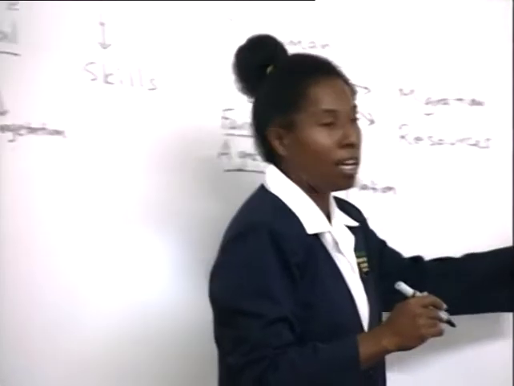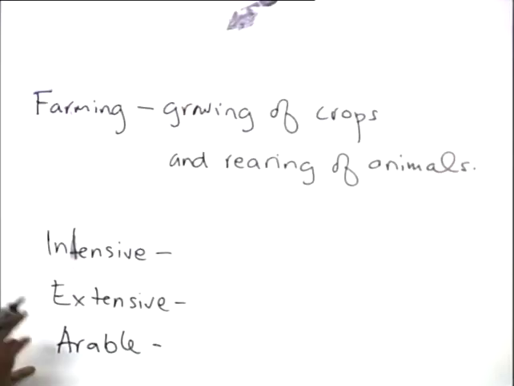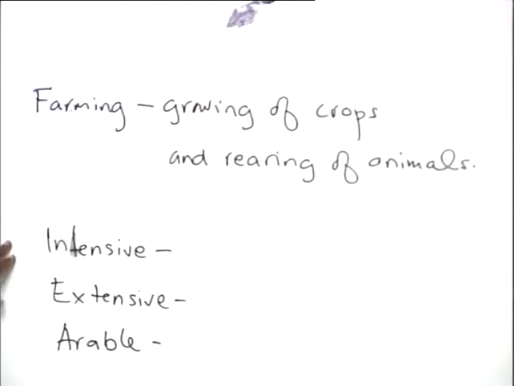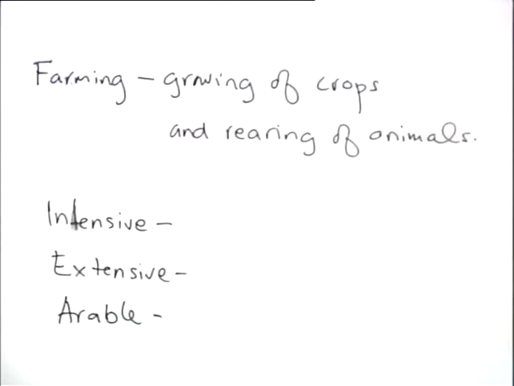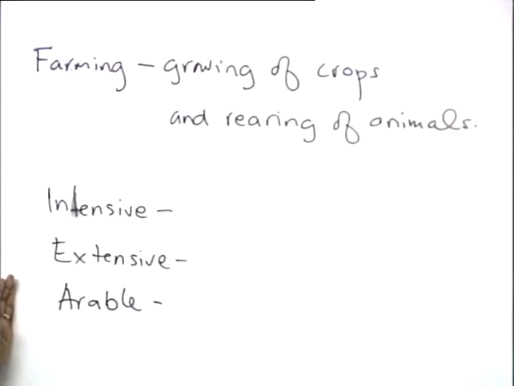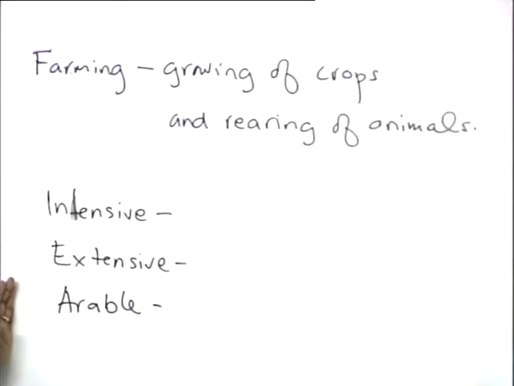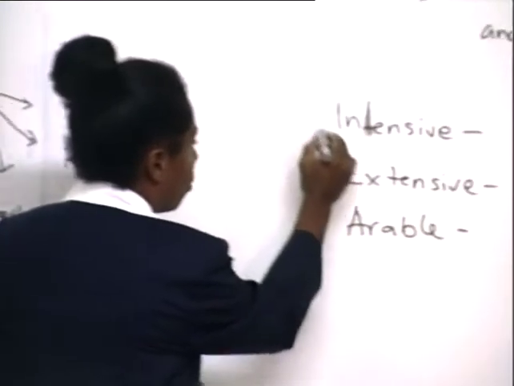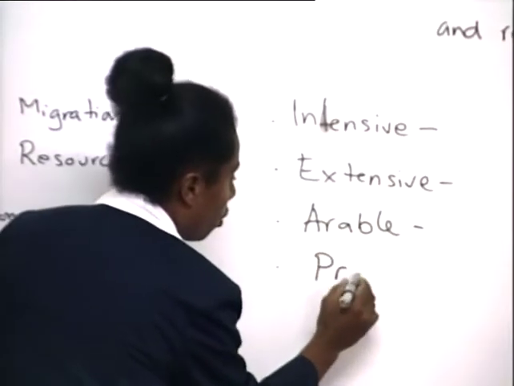Livestock could be correct, yes. Livestock is possible, but I'd like the word to be associated with arable. If I said intensive, the opposite is extensive. Arable, what would the growing or looking after of animals be referred to? Livestock is definitely correct, but I'd like the term similar to what we've done on arable. No? Domestication, we have the right idea there, but that's not what I would want you to make note of.